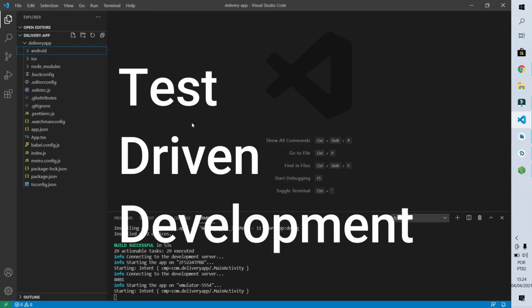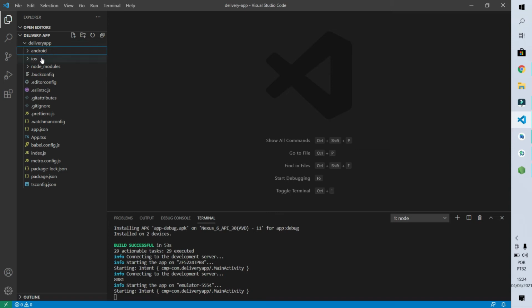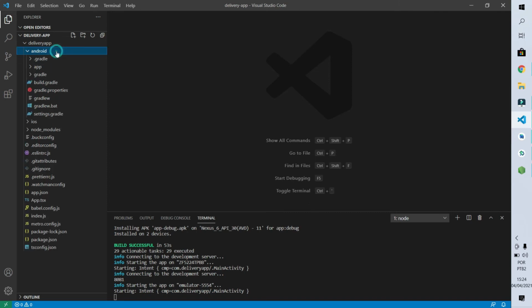Continuing, the next 2 folders are specific folders for each of the environments. We have the folder of the Android environment and we have the folder of the iOS environment. Each one of them contains the configuration of this environment, and this is also where our code will be turned into a real app that we will be able to download on the stores, both for Google Play and the Apple Store.